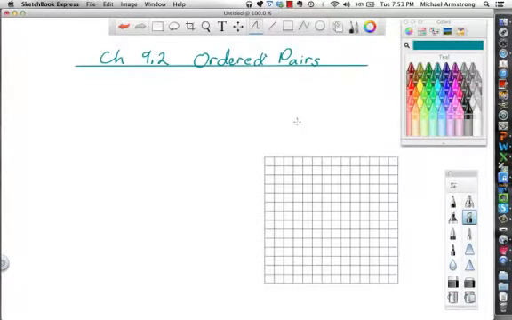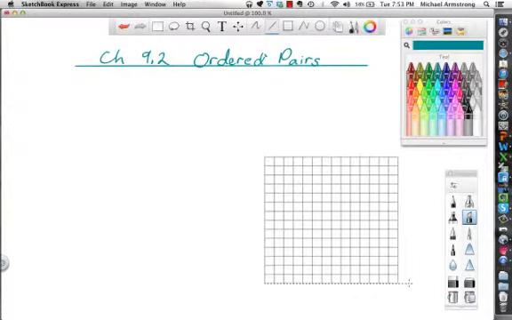Okay, this is chapter 9.2 and it's on ordered pairs. We see that we have a graph already set up here. We're going to be graphing today, and this is kind of fun. We're going to start out with just getting the vocabulary down, and usually there's a line,